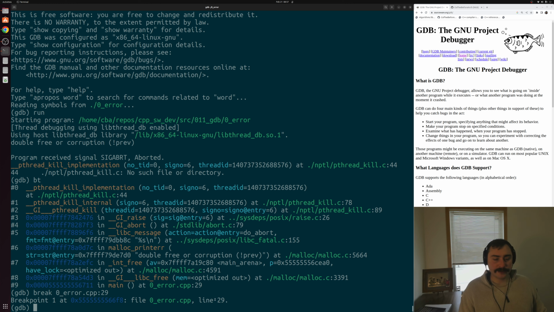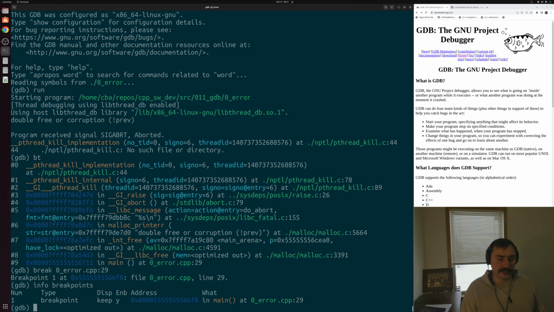And this will set a breakpoint at line 29 of our file here. So when we get to that point, right, inside of our code, our debugger will stop our program for us. That way we can inspect our surroundings. So we can also get information about breakpoints by just running info breakpoints. So you can see that we have a single breakpoint here at zeroerror.cpp line 29, which is in this main